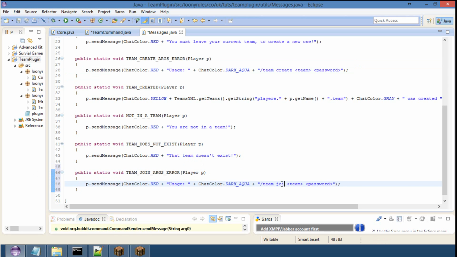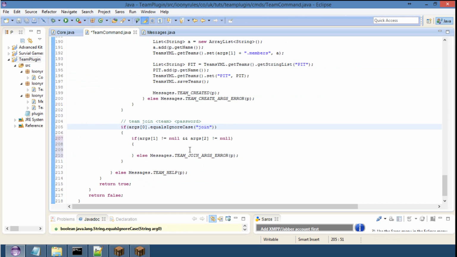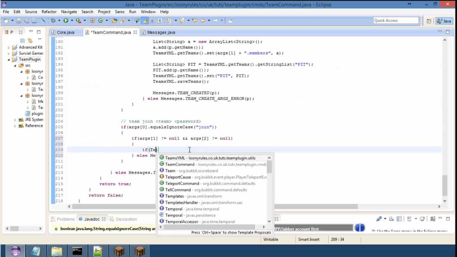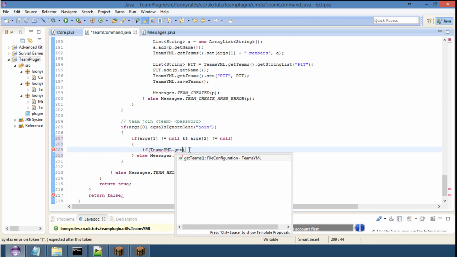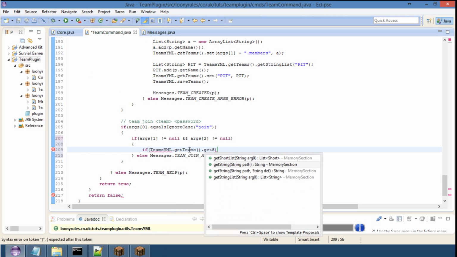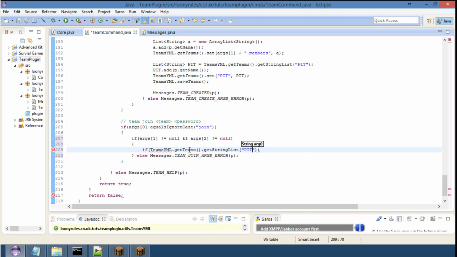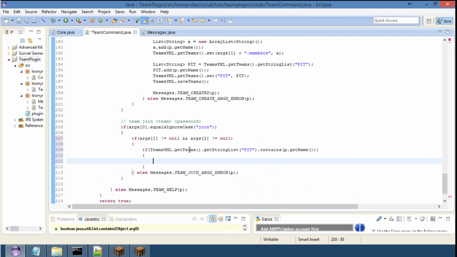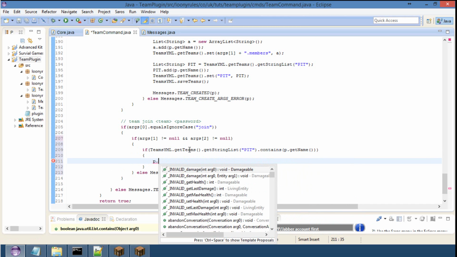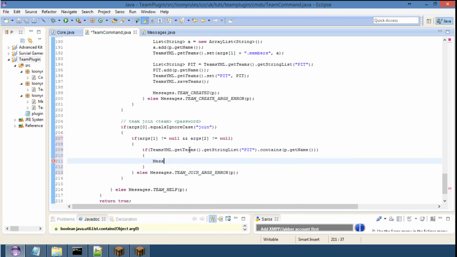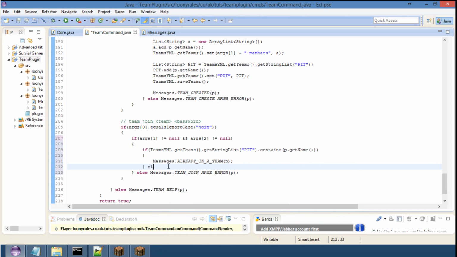Team join team password. Team. Right, so then that arrow will go. And then if teams.yml.get teams.get string list pit.contains p.get name. And then do this, messages.already in a team, else